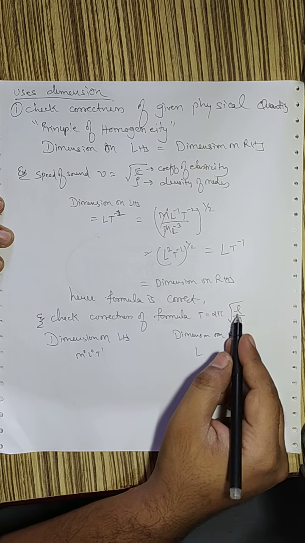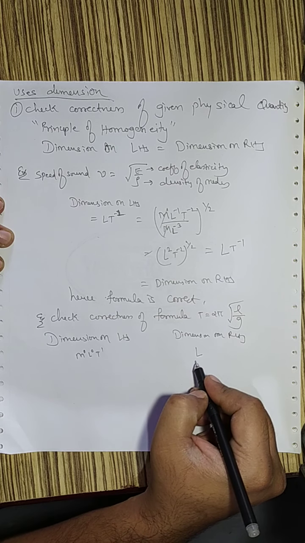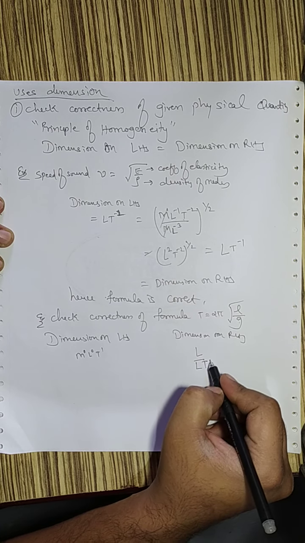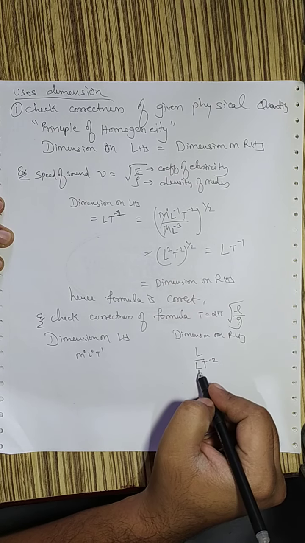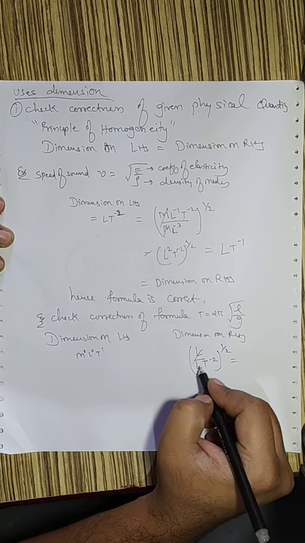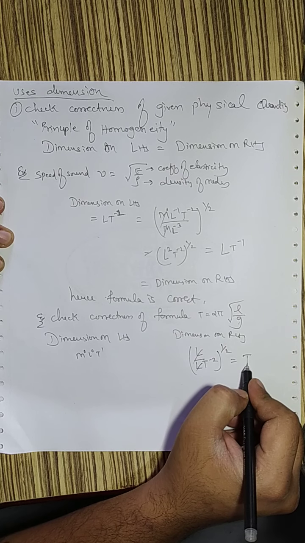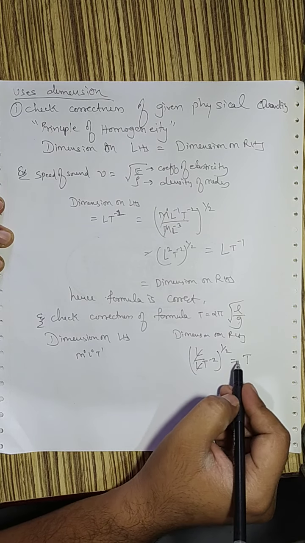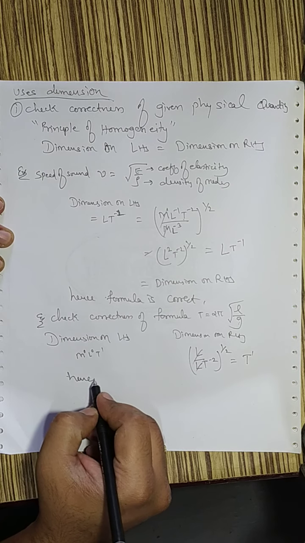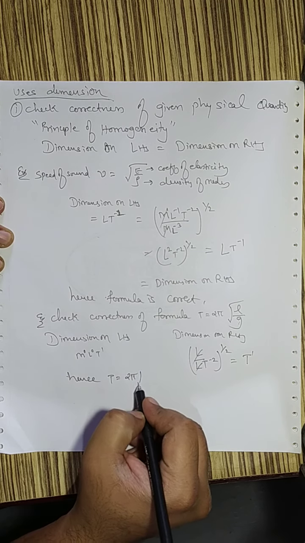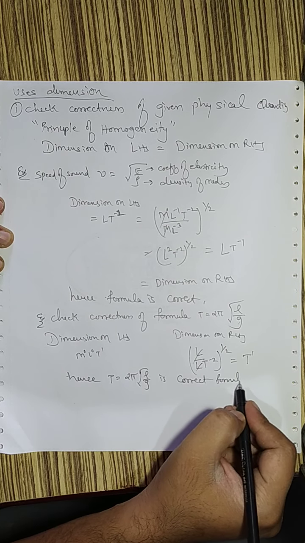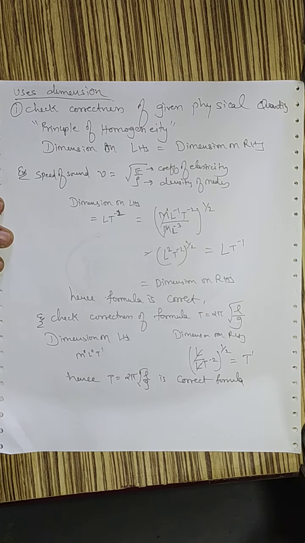It is square root of L by g. So L is L and g is acceleration. Acceleration is meter per second square, meaning L T inverse 2, acceleration dimension, whole to the power 1 by 2. If we simplify this, L L gets cancelled, and we get T here. So if we check both sides, M0 L0 T1, both sides are the same. So we can write down hence T equals 2 pi root L by g is a correct formula. So this is very easy.